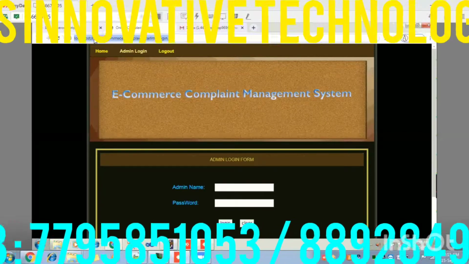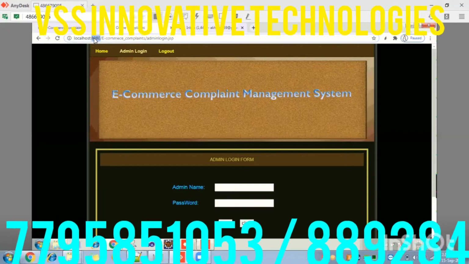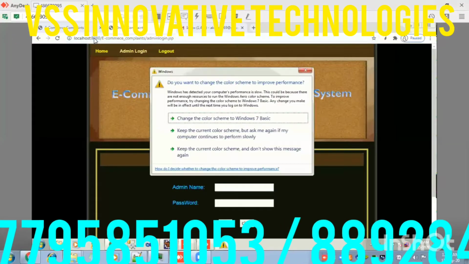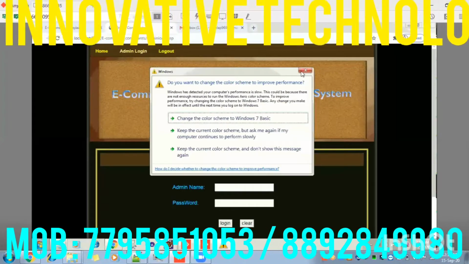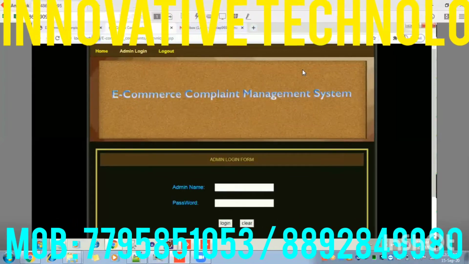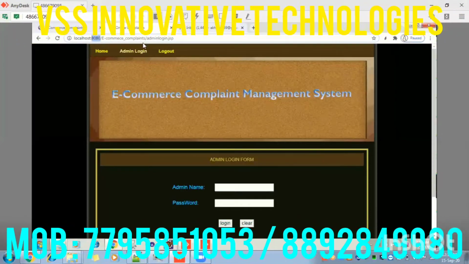Then 8080 is the default port of the project. In some laptops we configured 8085, based on your system, because if 8080 is already occupied, we configured 8085 for a few of them.